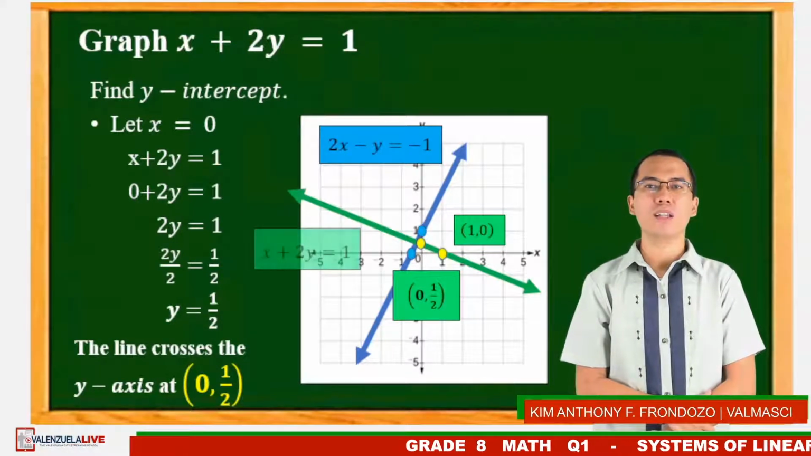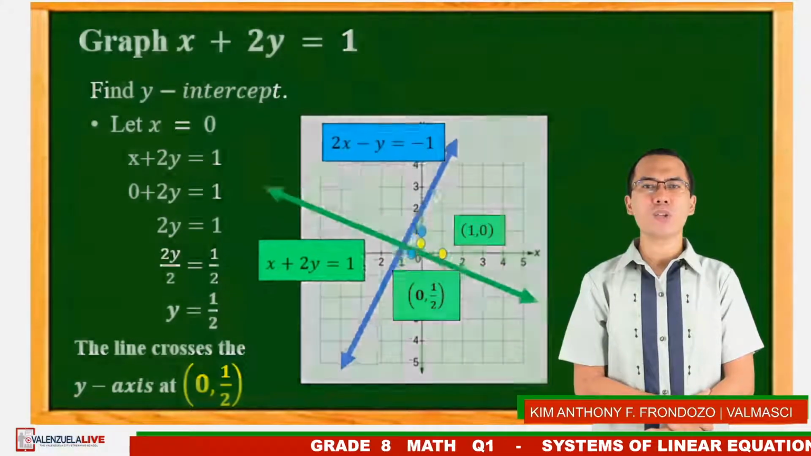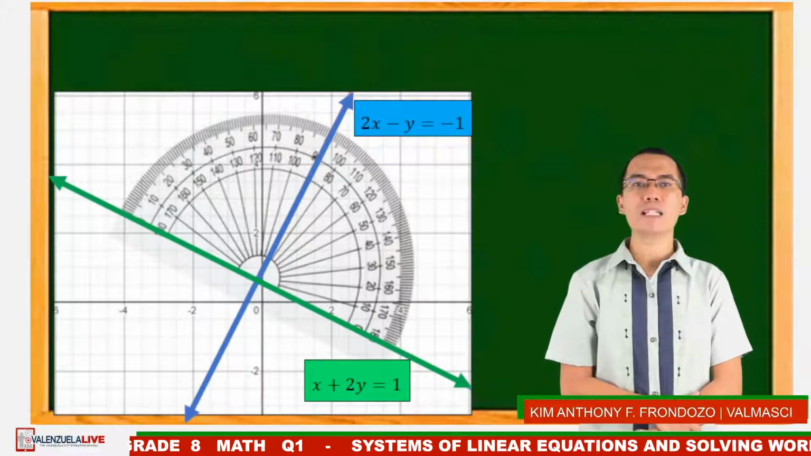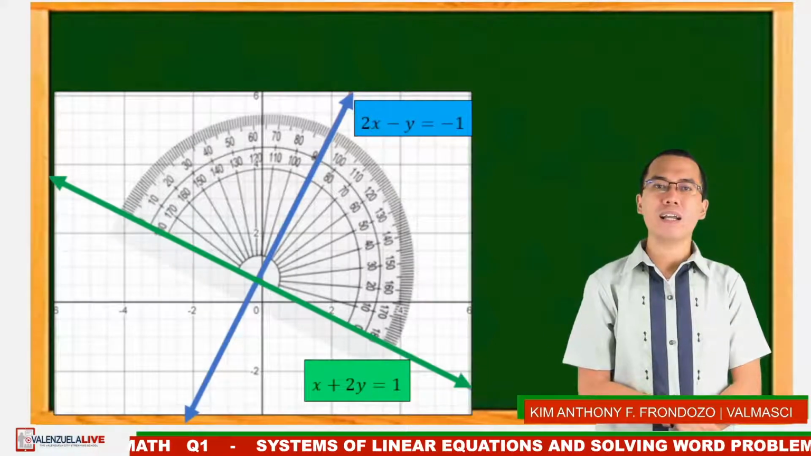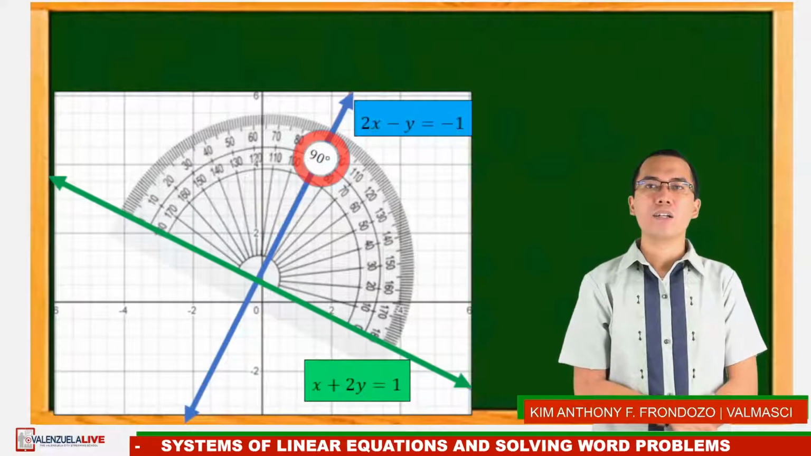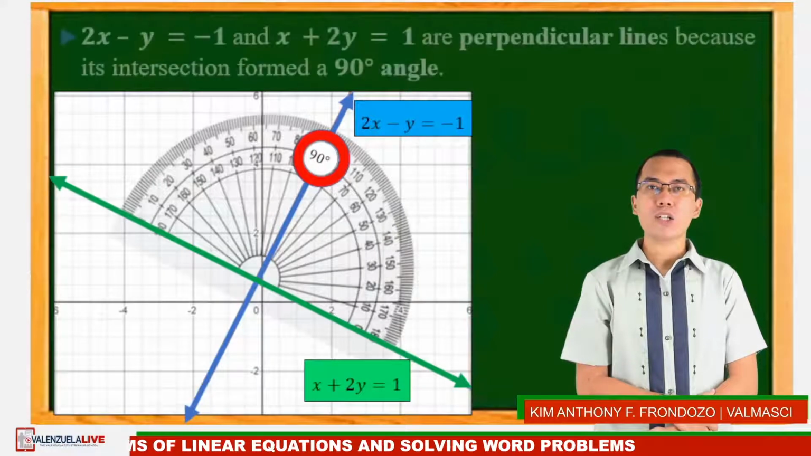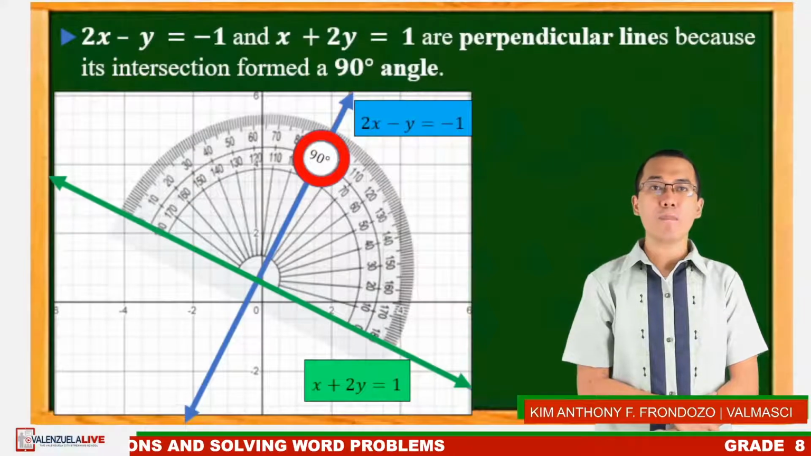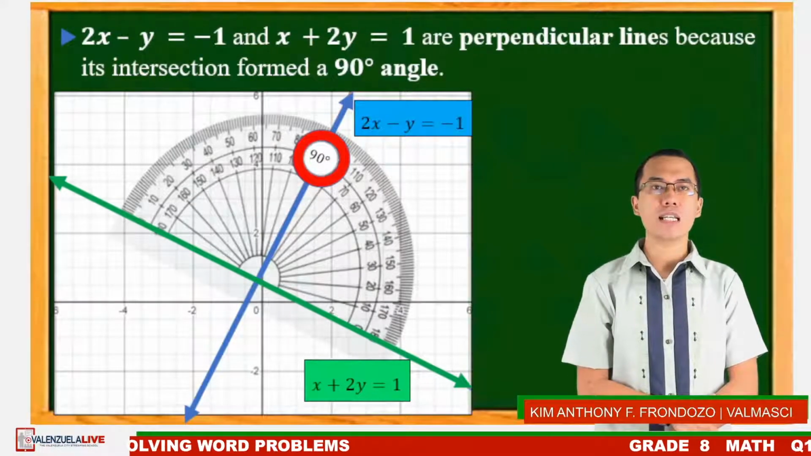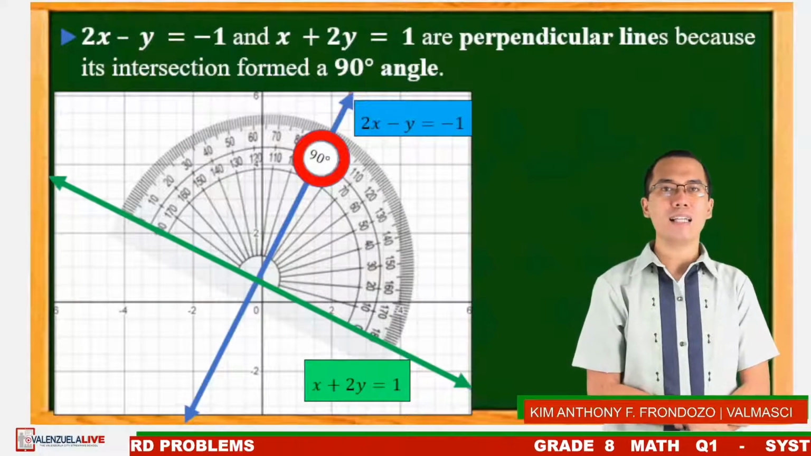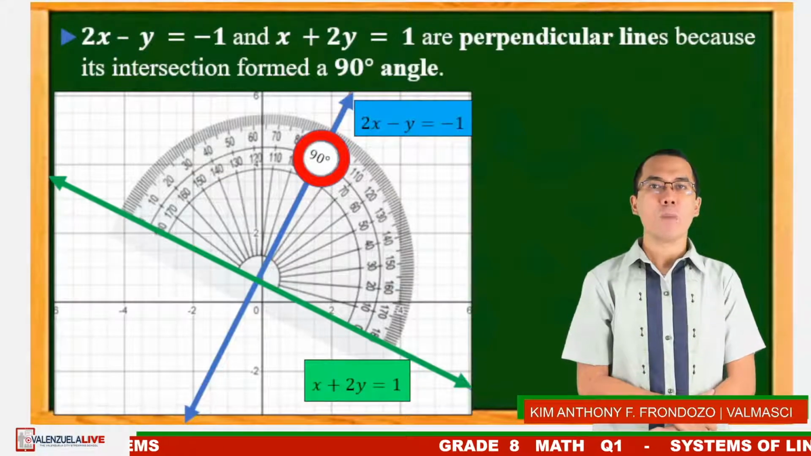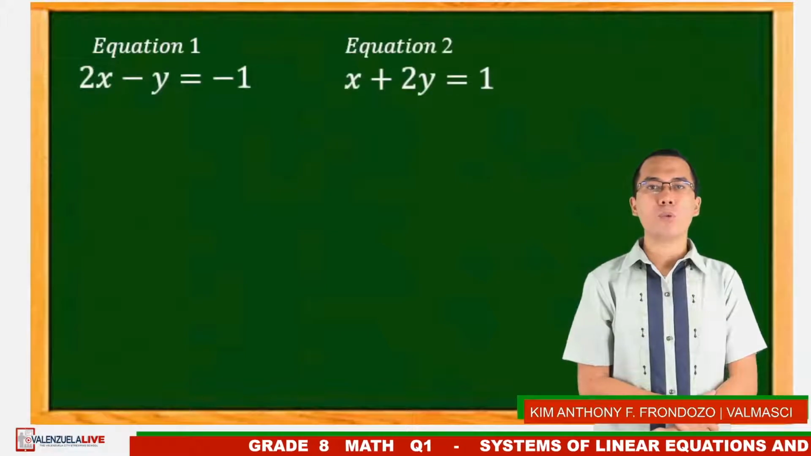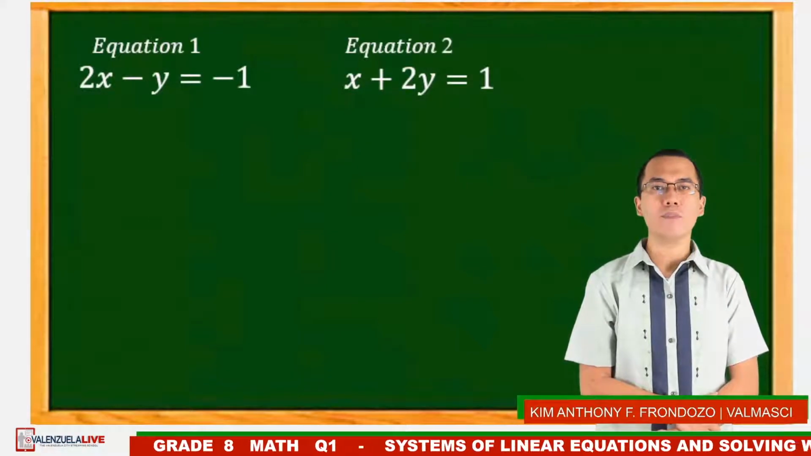If we use the protractor to measure the angle formed by the graph of the system, it forms a 90-degree angle. So 2x minus y equals -1 and x plus 2y is equal to 1 are perpendicular lines because their intersection forms a 90-degree angle. Comparing the slopes of the two linear equations, 2x minus y equals -1 and